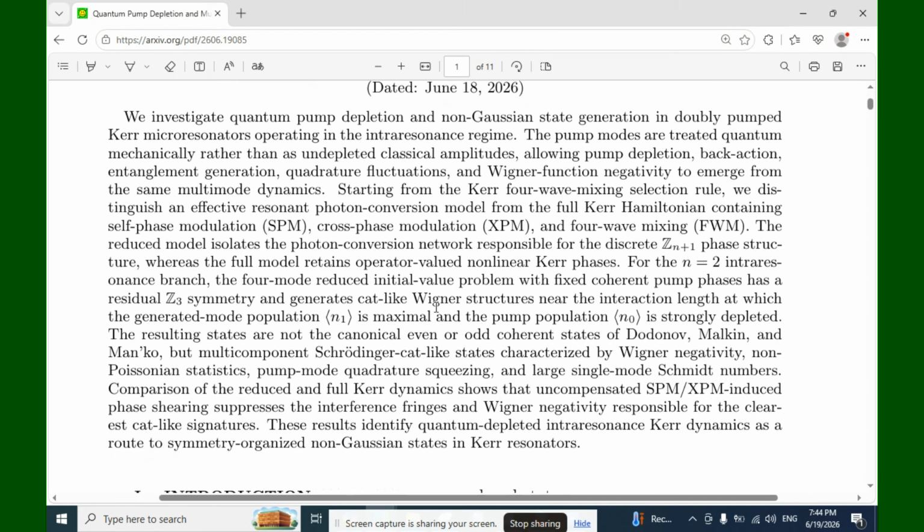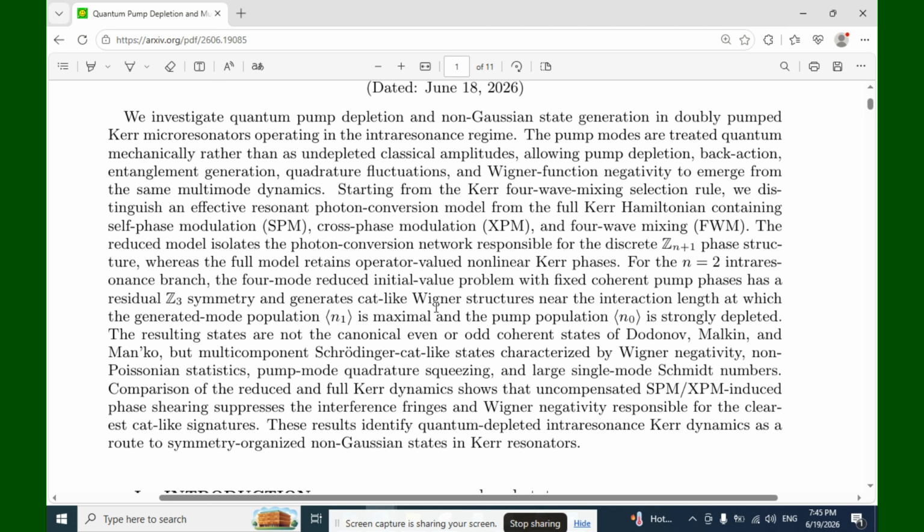Starting from the Kerr four-wave mixing selection rule, we distinguish an effective resonant photon conversion model from the full Kerr Hamiltonian containing self-phase modulation (SPM), cross-phase modulation (XPM), and four-wave mixing (FWM). The reduced model isolates the photon conversion network responsible for the discrete Z_{n+1} phase structure, whereas the full model retains operator-valued nonlinear Kerr phases for the n = 2